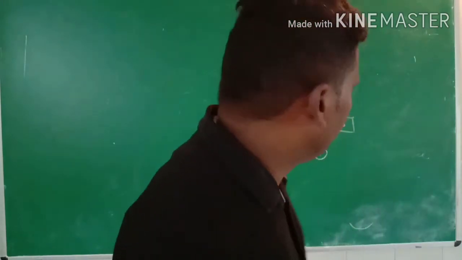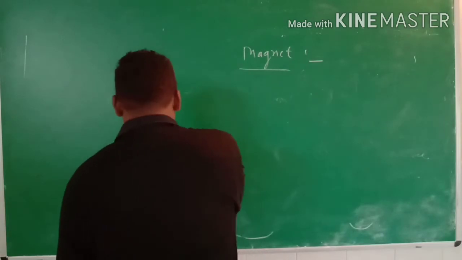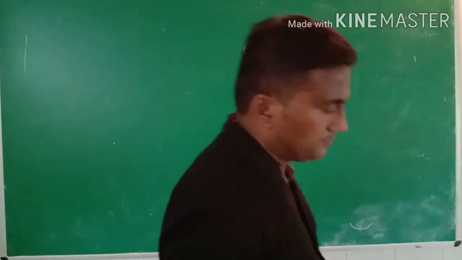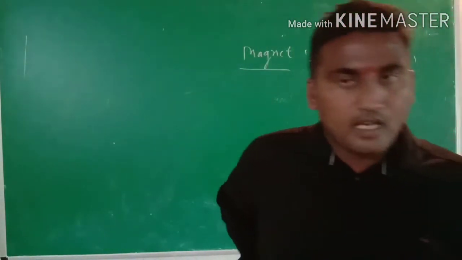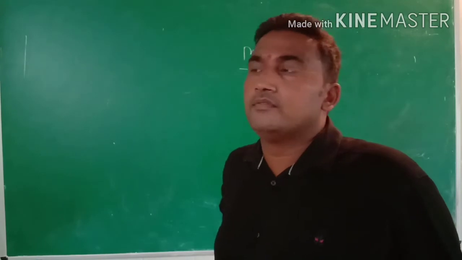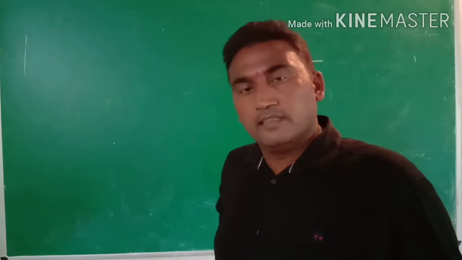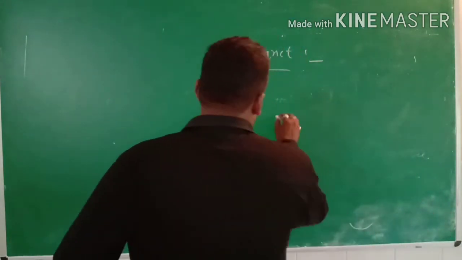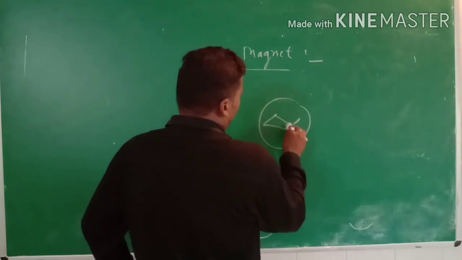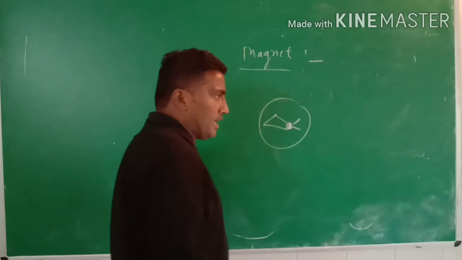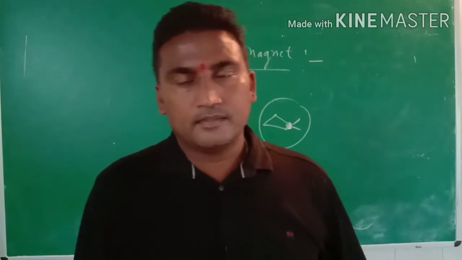Now we discuss another topic. What is a compass needle? The compass needle generally identifies the direction of the magnet and also the direction on the earth's surface, seas, etc. The compass needle has a tiny magnet at the center, and it identifies the direction of any area.